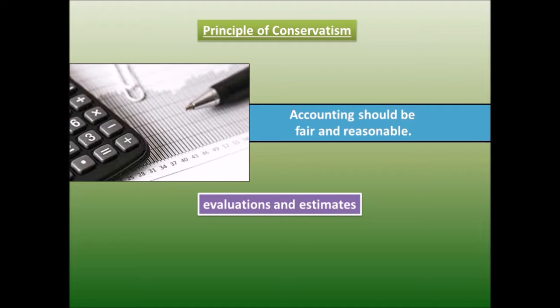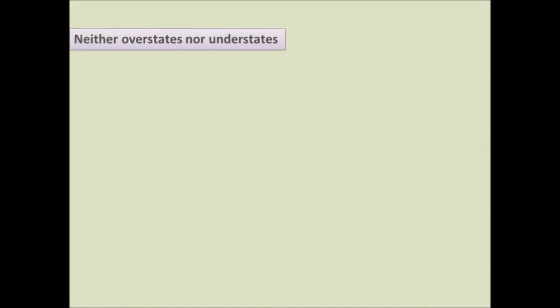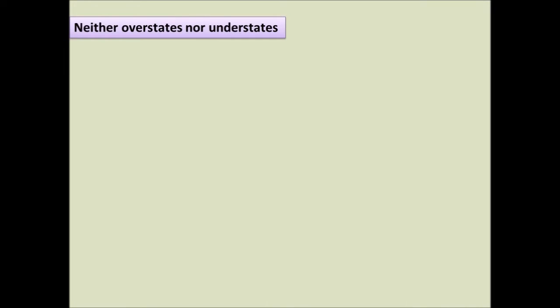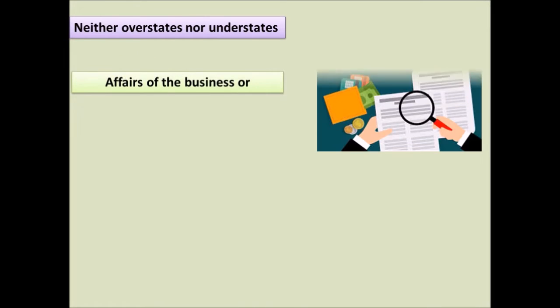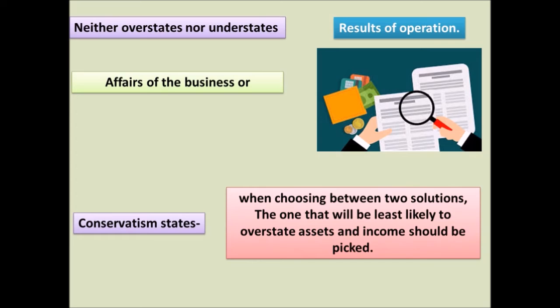Accountants are required to make evaluations and estimates, to deliver opinions, and to select procedures. They should do so in a way that neither overstates nor understates the affairs of the business or the results of operation. Conservatism states when choosing between two solutions, the one that will be least likely to overstate assets and